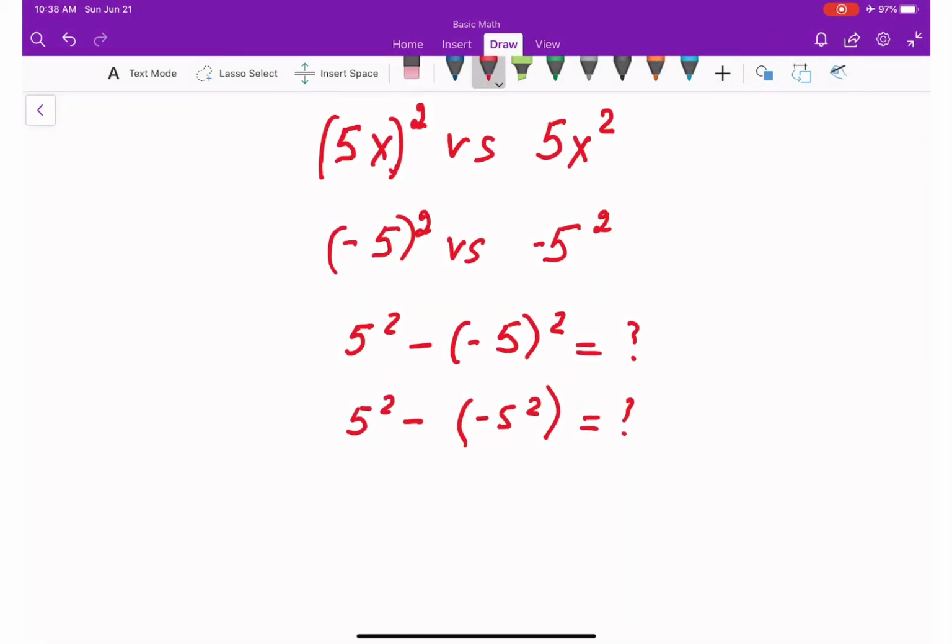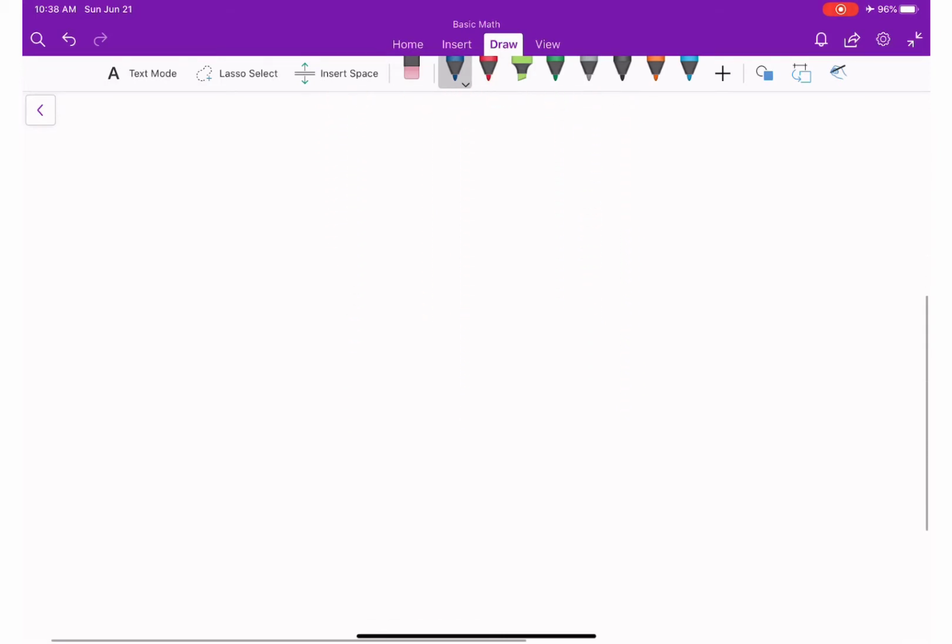I would like to show some interesting cases in the topic of power. So (5x) squared versus 5x squared. How to understand? What's the difference between them? When we say (5x) squared, we mean